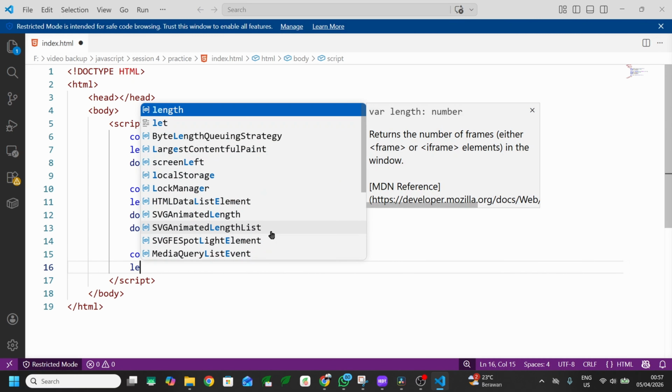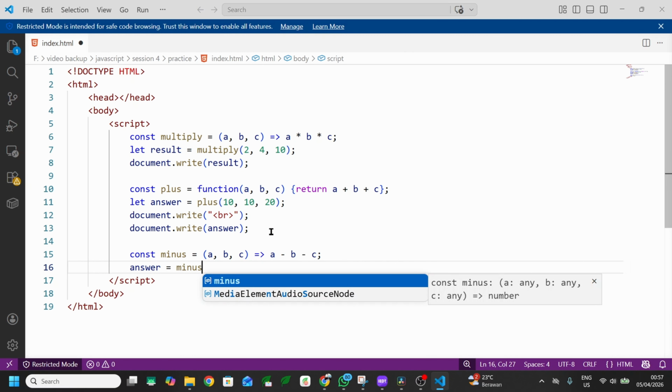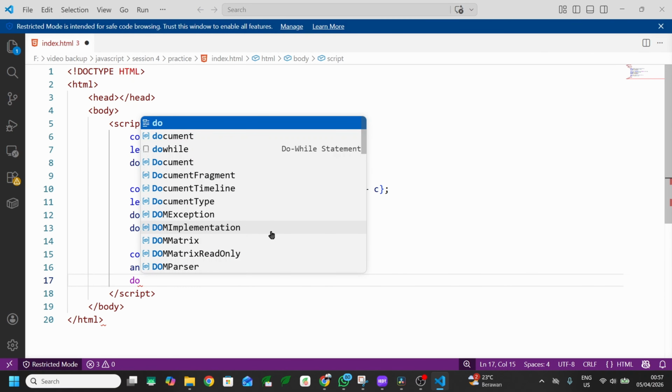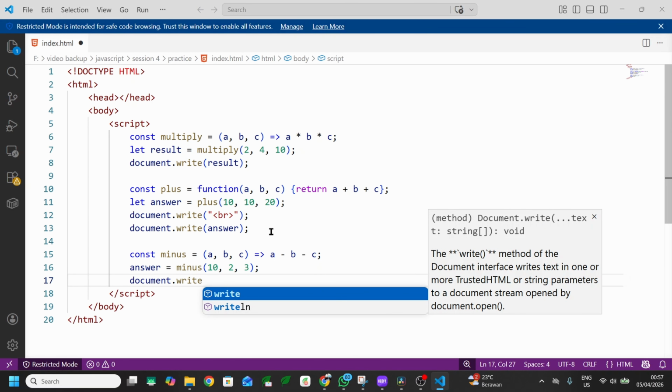And then I will reuse the answer variable, and I will call the minus function and give the numbers 10, 2, 3, so the answer must be 5, and I will display the output using document.write.